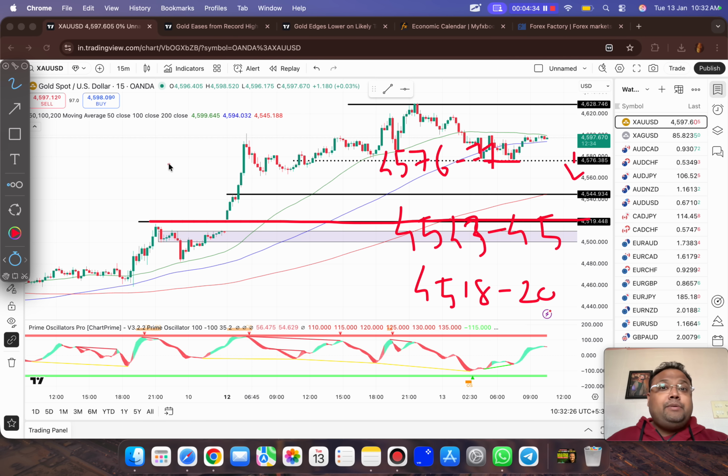After CPI, no, big no. After CPI, I don't think so. They have the capacity to hold the market, but they will not be able to hold the market after CPI. But before CPI, if market drops suddenly, then these are the two levels where you can look for a buy position.